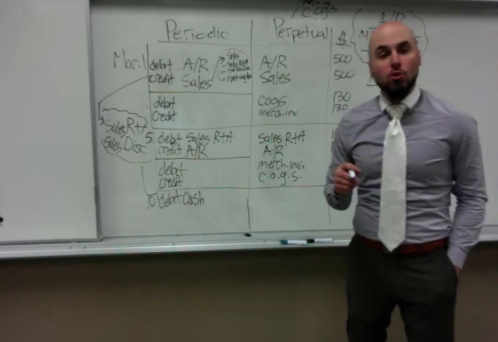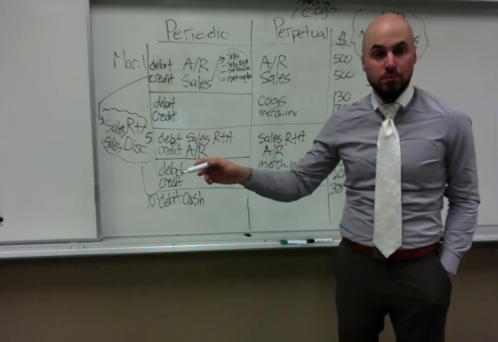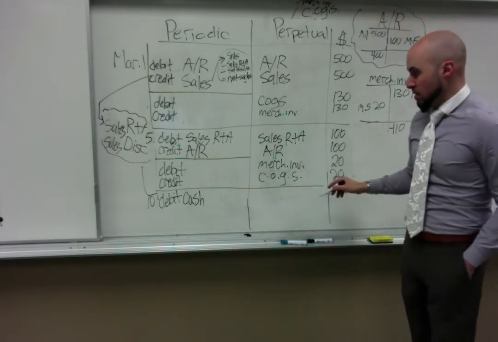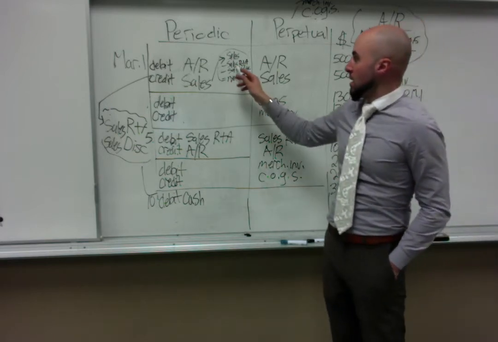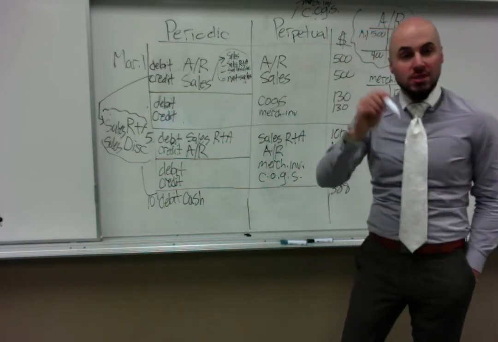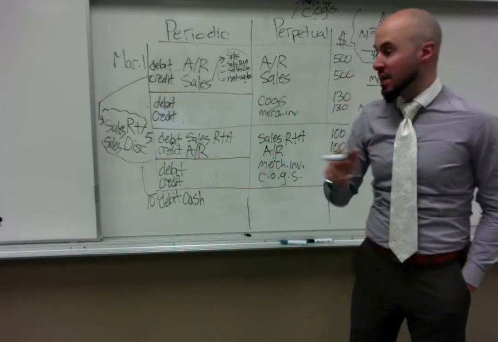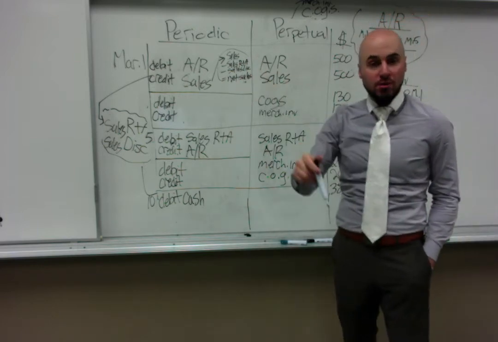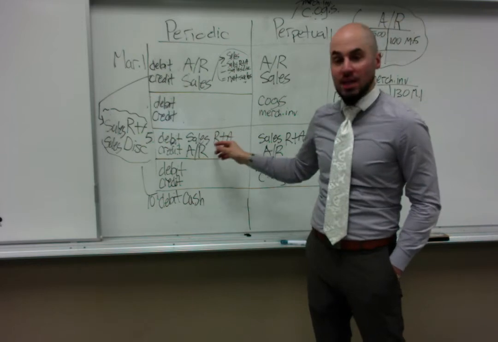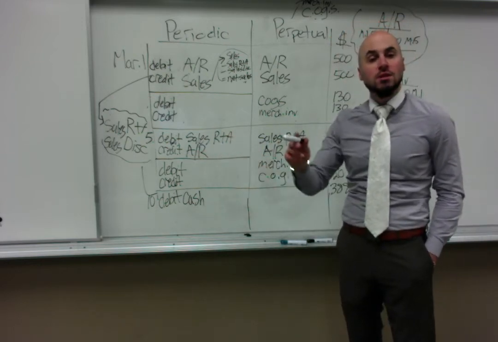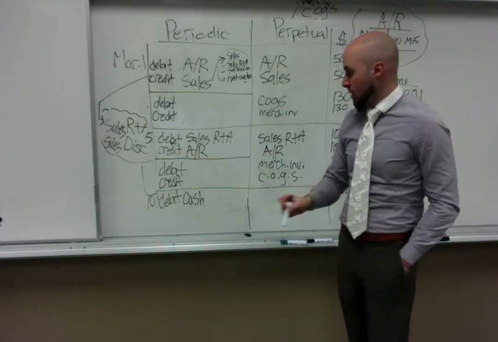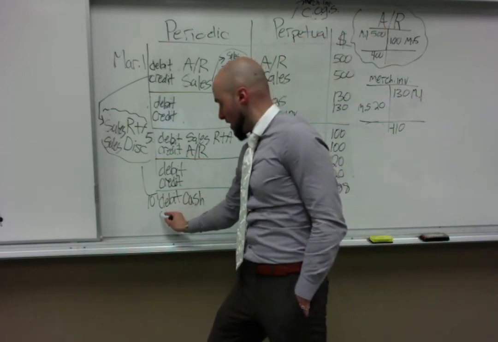We have to now record the sales discount. Okay, so the sales discount we know brings down sales, just like sales returns and allowances brings down sales. So if sales returns and allowances is debited when it gets used, sales discounts also gets debited. So our second debit here